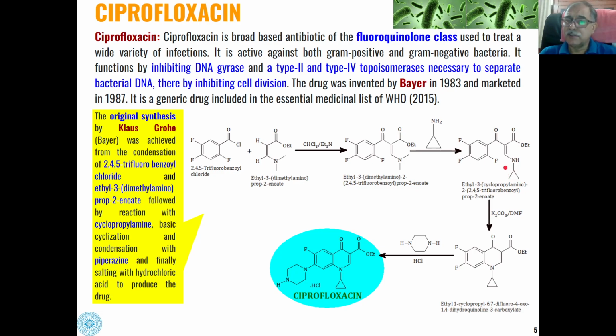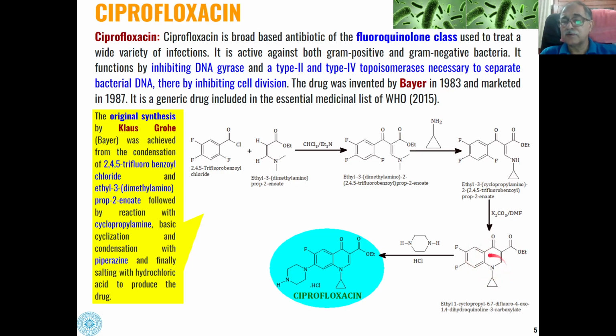And when this is reacted under basic condition in presence of potassium carbonate and DMF, basically cyclization will take place at this place. This will act as a nucleophile, so aromatic nucleophilic substitution with the elimination of chlorine from here and H from here, we will get this type of ethyl 1-cyclopropyl-6,7-difluoro-4-oxo-1,4-dihydroquinoline-3-carboxylate will be formed. So basically